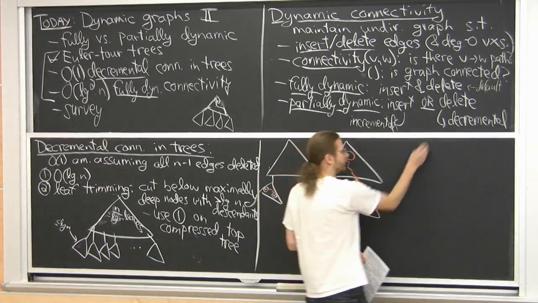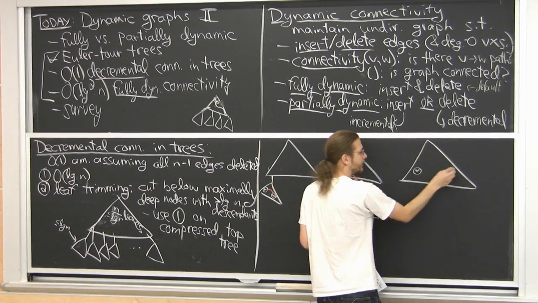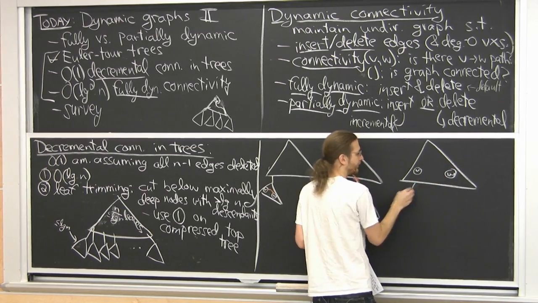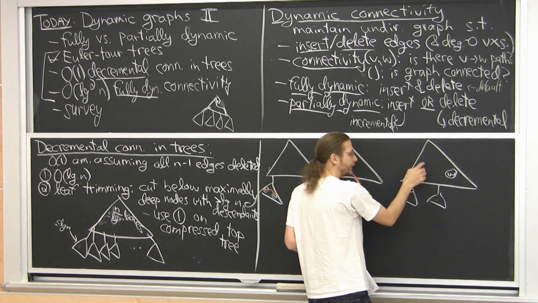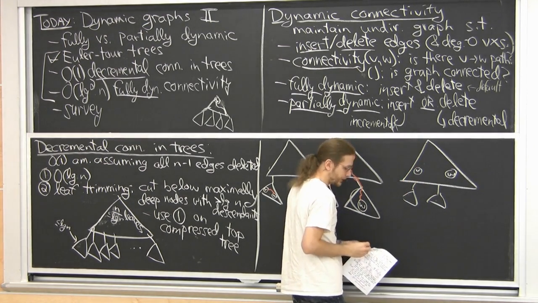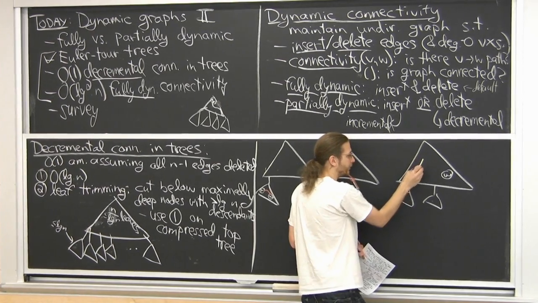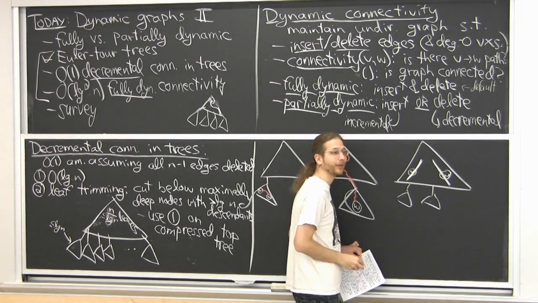A different situation is this. We might have, for example, V up here, W up here, and nothing. V and W are not down here, so these are irrelevant. We just want to know in the top tree, can I get from V to W? Now this is a little more awkward because V is going to live on some path, W is going to live on some path, but it might be in the middle of a path.